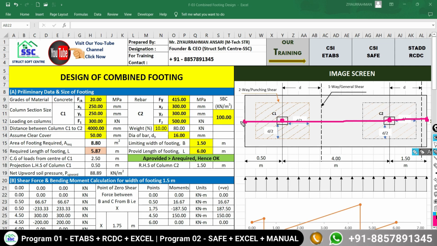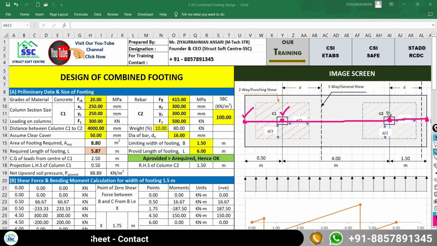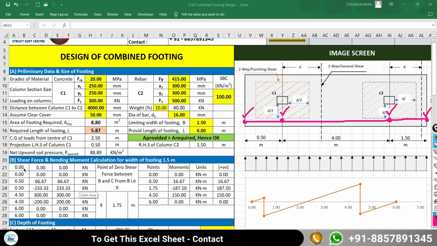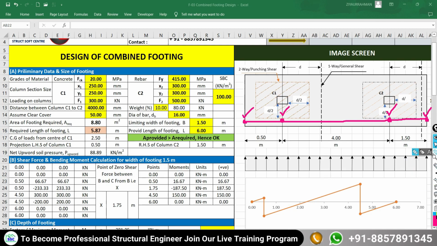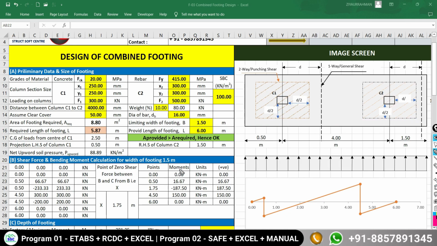So it will calculate the shear force at the edge of the footing, then it will calculate the shear force and bending moment under the column C1. Also it is going to be calculated under the column C2 and then at the edge of this footing. Now all that calculation you will get here. So these are the shear forces calculated at all those different points. How much shear force you are getting, you will get from here. Thereafter, the respective bending moments at all those different points, here it is given.